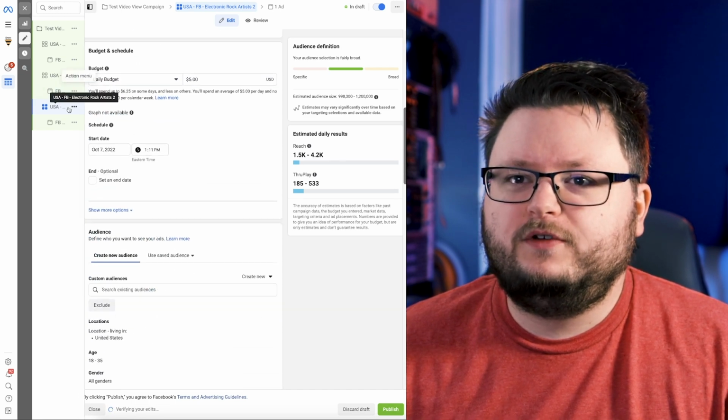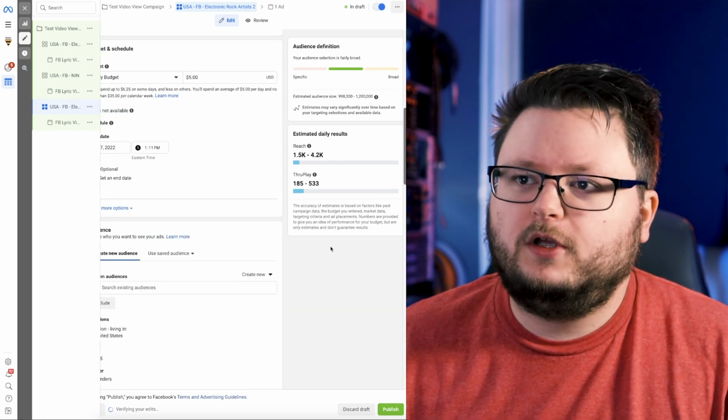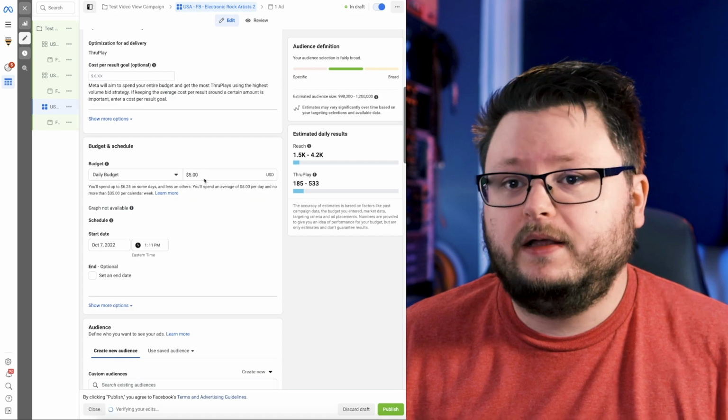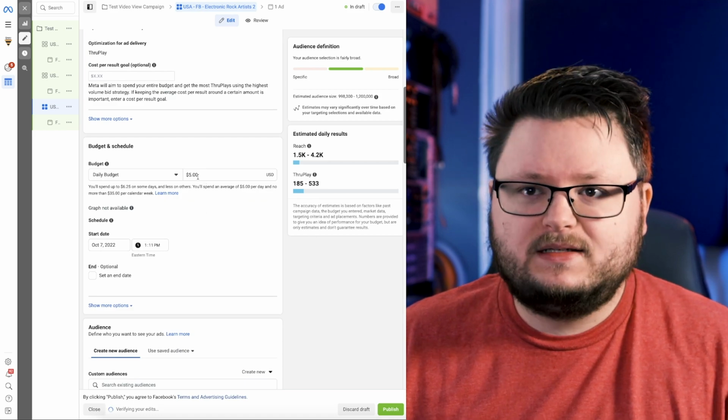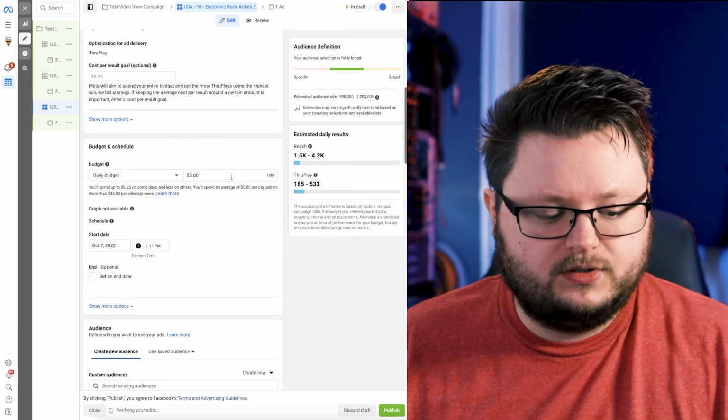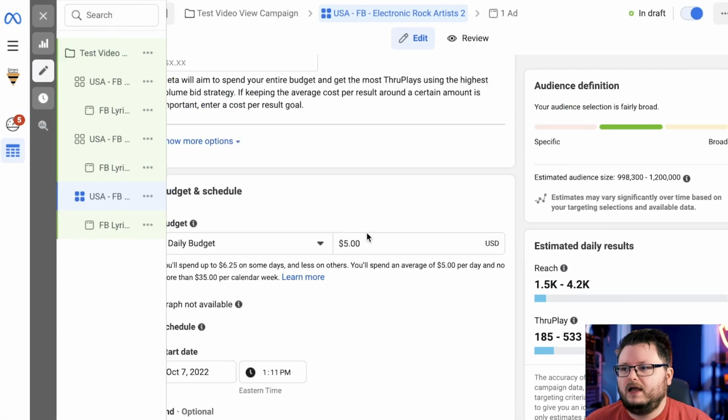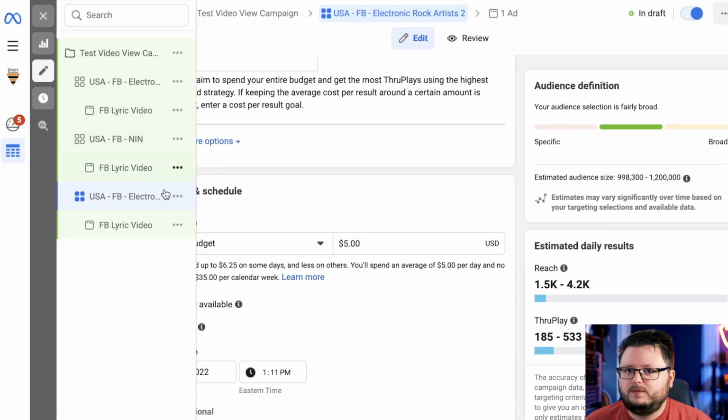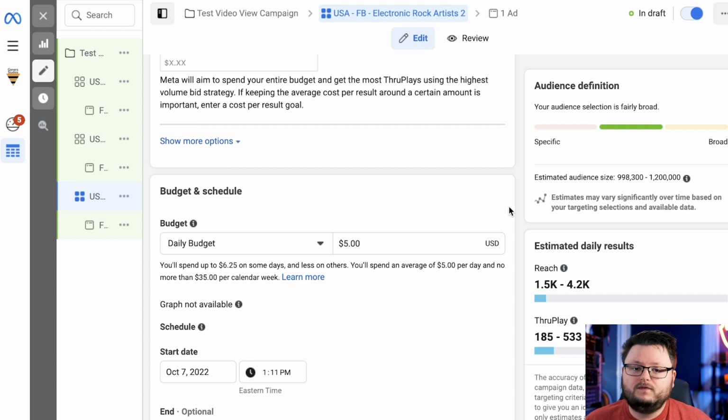You could be a little different with your naming scheme, and I'll just call it 3 there, but you could definitely do more. But keep in mind that we're using ad set budget optimization. That's why the budget is defined here inside of our ad sets. So each one of these is spending $5 a day. So just be mindful that this campaign is spending